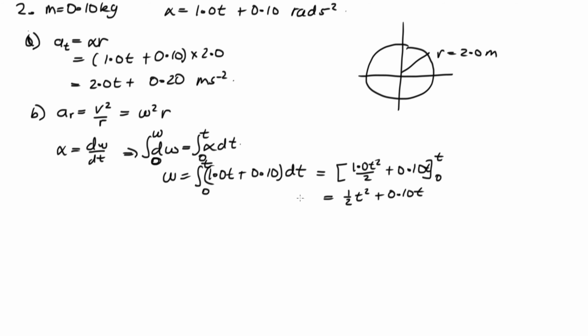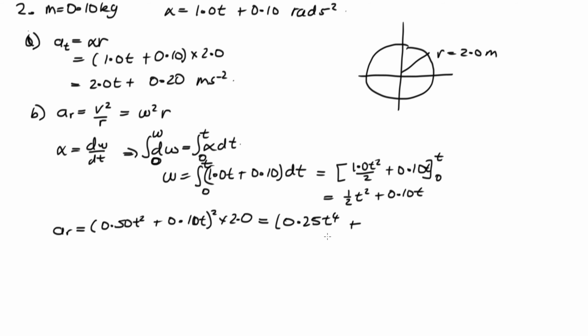Okay, so now we've got omega, so now we can go back and get our radial acceleration. So our radial acceleration is omega squared, so 0.50 t squared, that's this, plus 0.10 t, and that's squared, times the radius, which is 2. So let's do the maths. We'll expand the brackets. So we've got a half times a half, which is a quarter, 0.25 t to the 4, plus there'll be 2 times 0.50 times